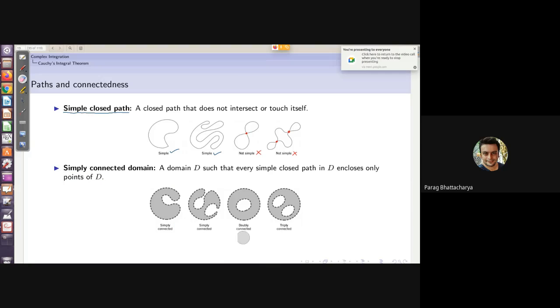So we talked about simple closed paths, right? Now, a simply connected domain. So what's a simply connected domain? As per the definition given over here, what is a domain? A domain is a set of points. So when I say domain, it means